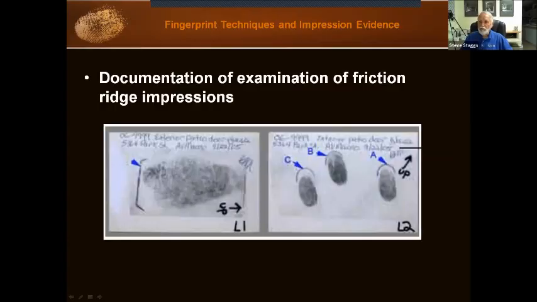Document examination of friction ridge impressions. So we've got a couple of latent print cards here, but here we have lift number 1. So here is a latent print. And then lift number 2, we've got 3 prints. All right. And so we're going to document